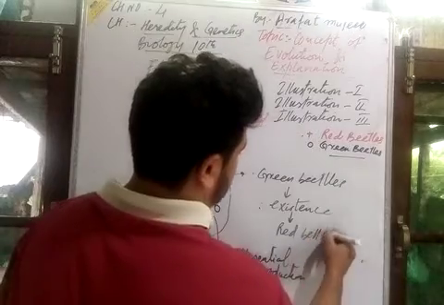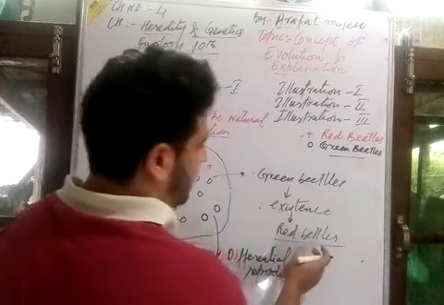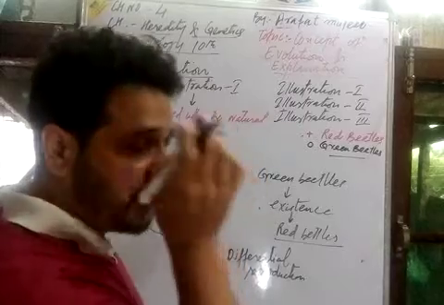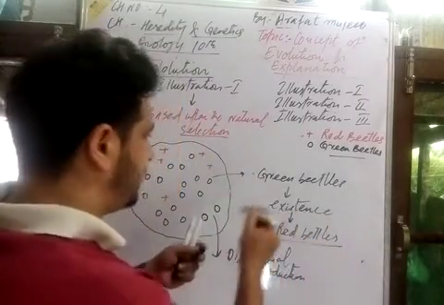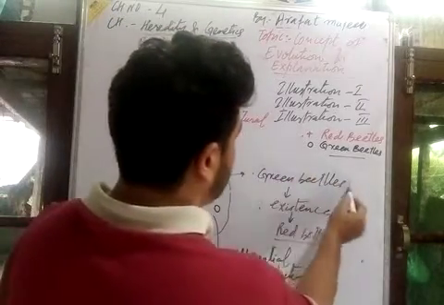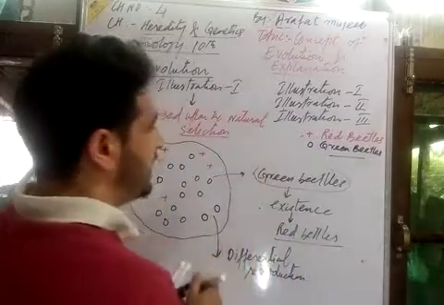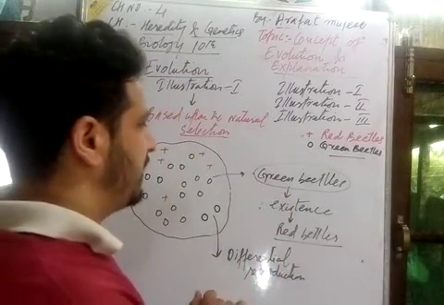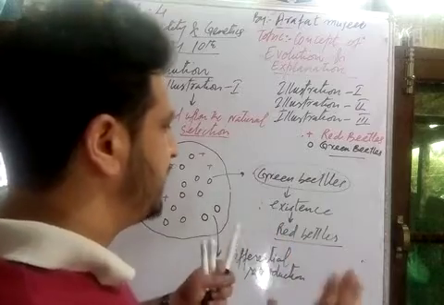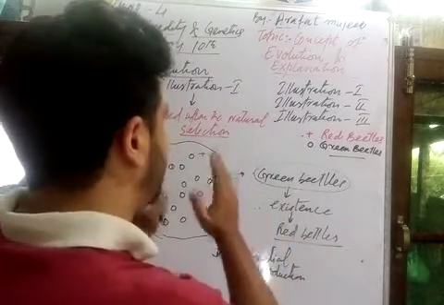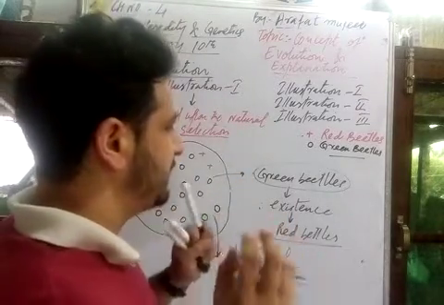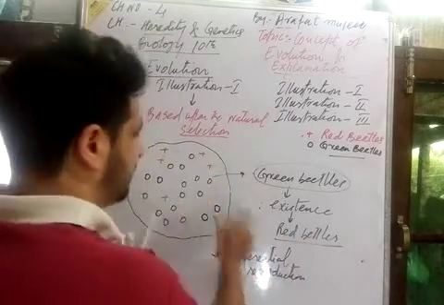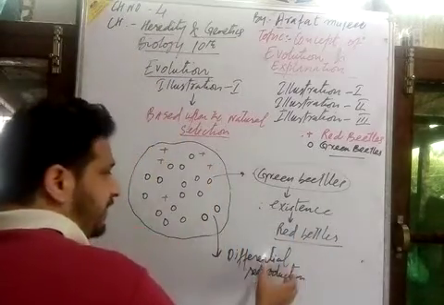This area was abandoned by the red beetles. By chance there is a genetic mutation, there is genetic variation. There were fewer green beetles, but they remain successful in adaptation. They remain successful in natural selection. They remain successful in reproduction rather than the red beetles. Now the red beetles